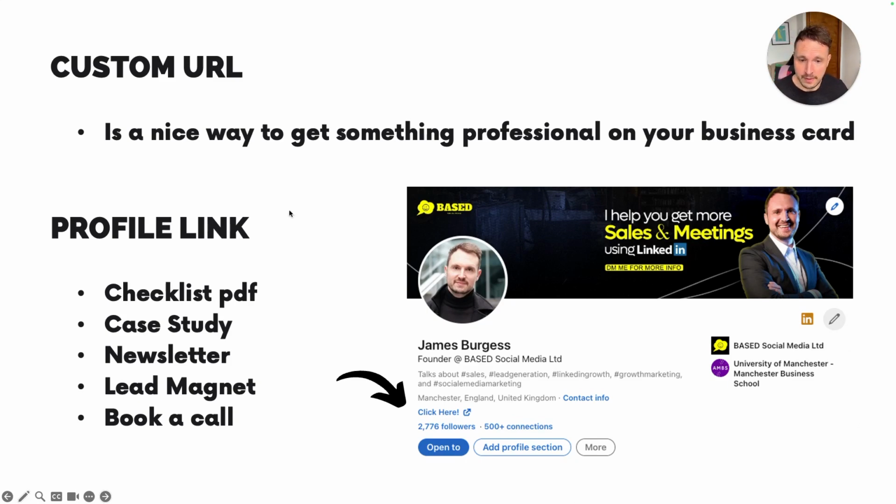Good stuff. So having a profile link is also a mega thing to do because it's like a call to action, like a button on a website. I've actually changed it to say click here. The profile link can have anything. You can have it as a checklist, like a PDF, so it's like a lead magnet. You can have it as a case study. You can put find out more, find out how I did this, click here for more, book a call with me. You can change the wording of the link, and also have the link go to your website. If you make it as frictionless as possible and make it easy to contact you, it's a fantastic way to get more engagement.